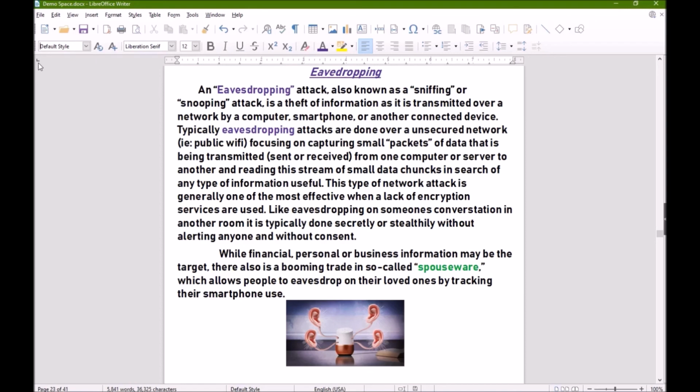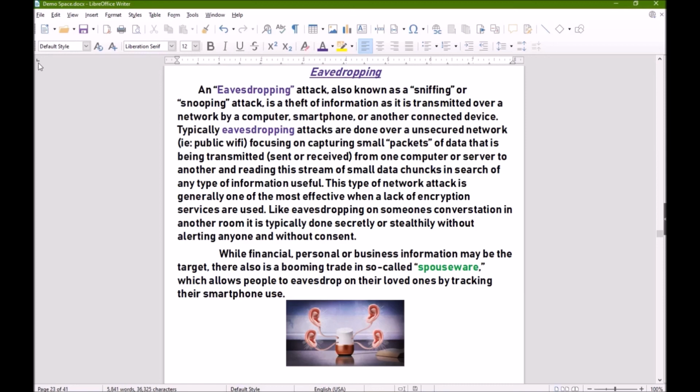This type of network attack is generally one of the most effective when a lack of encryption services are used. Like eavesdropping on someone's conversation in another room, it is typically done secretly or stealthily without alerting anyone and without consent.